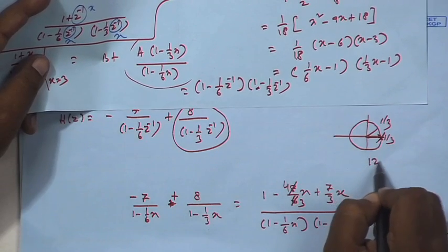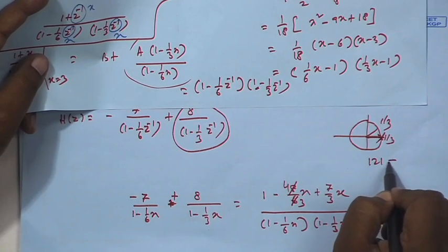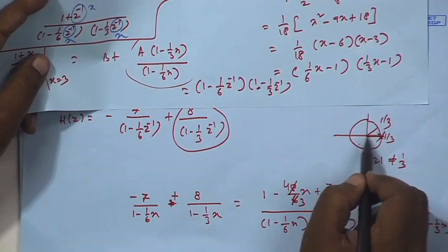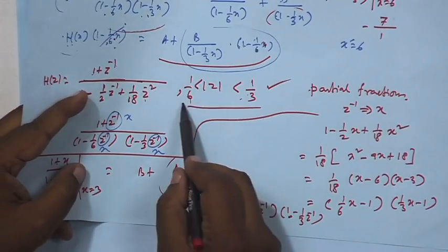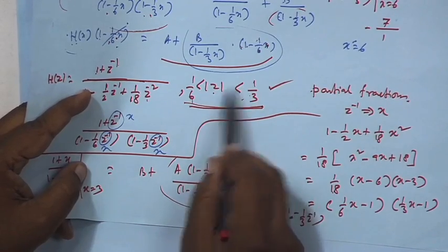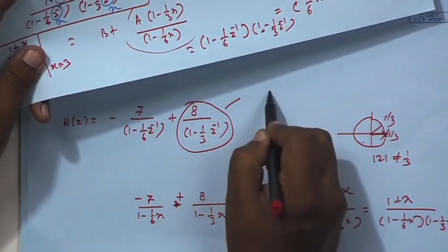Mod z cannot be 1 by 3. So, either inside the circle or outside the circle, but we are given this with ROC. So, we have to conform to this. So, this is inside the circle. So, for this we will take the ROC to be this part,